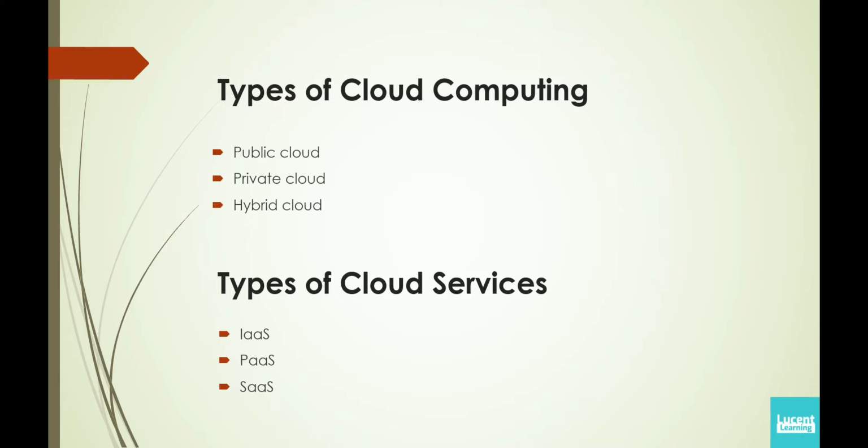For example, Microsoft Azure, Amazon Web Services, Google Cloud Platform, and many more are types of public clouds. With the public cloud, all hardware, software, and other supporting infrastructure is owned and managed by the cloud providers only. You access these services and manage your accounts using a web browser.